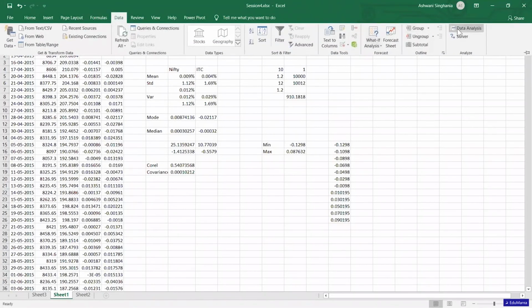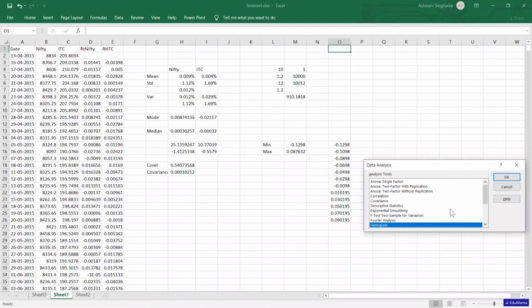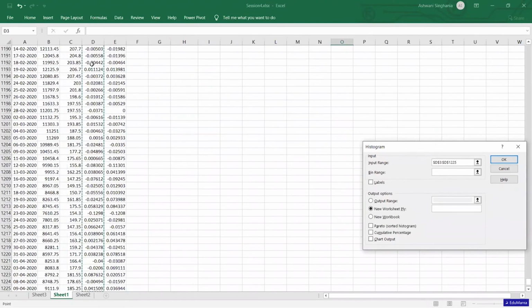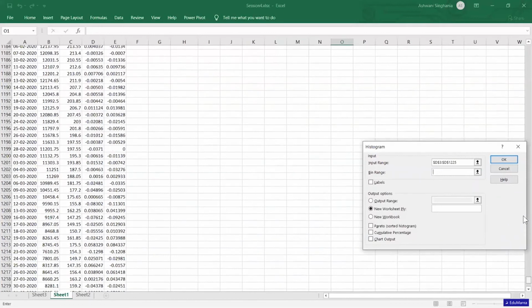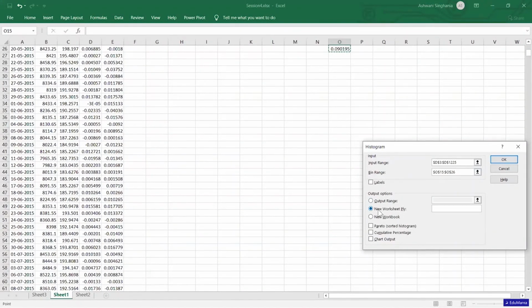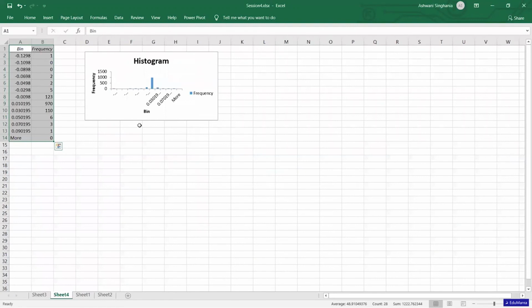Data, data analysis, histogram. We need to select the data range. So first let's select this only, and then we have to put the bin range. So we have created our bin, and we want it on a new sheet. We want the chart as output as well. Yeah, so this is the frequency and this is the